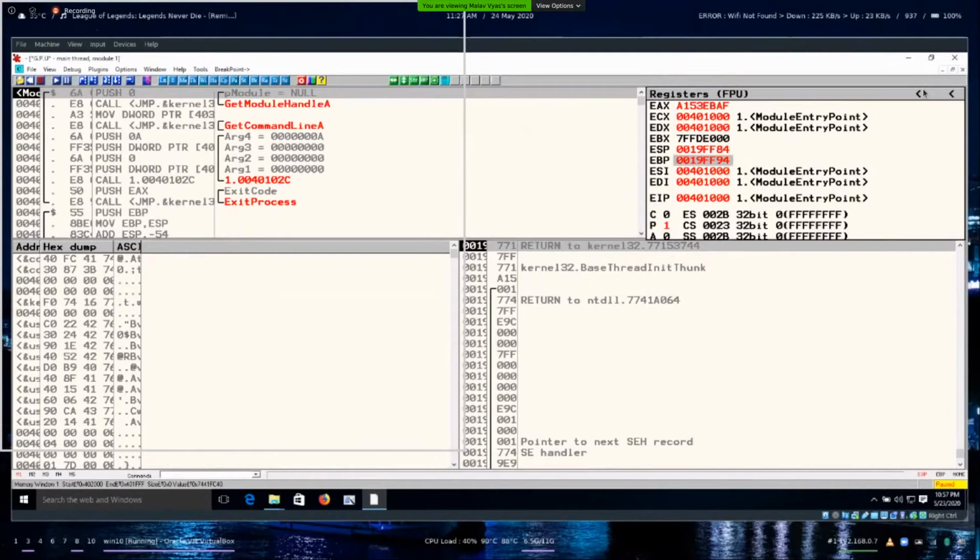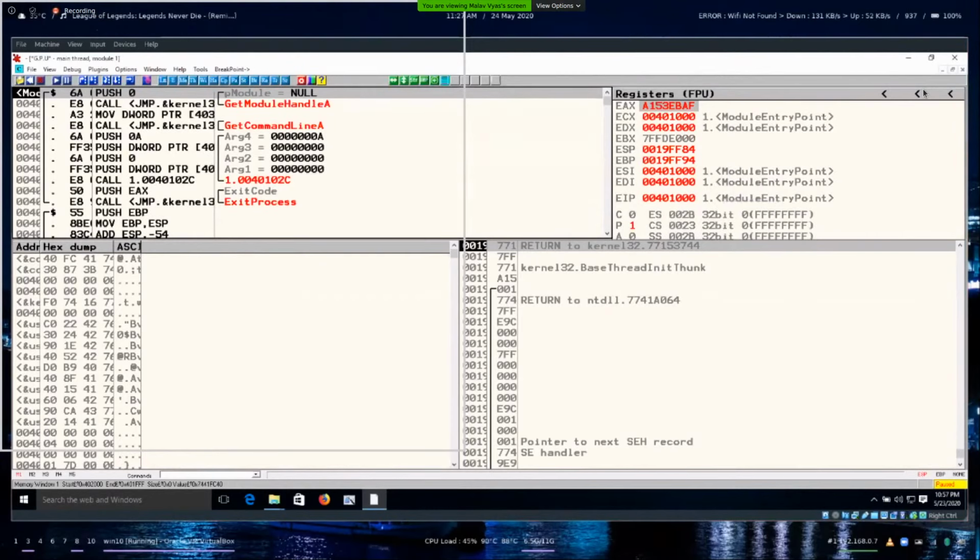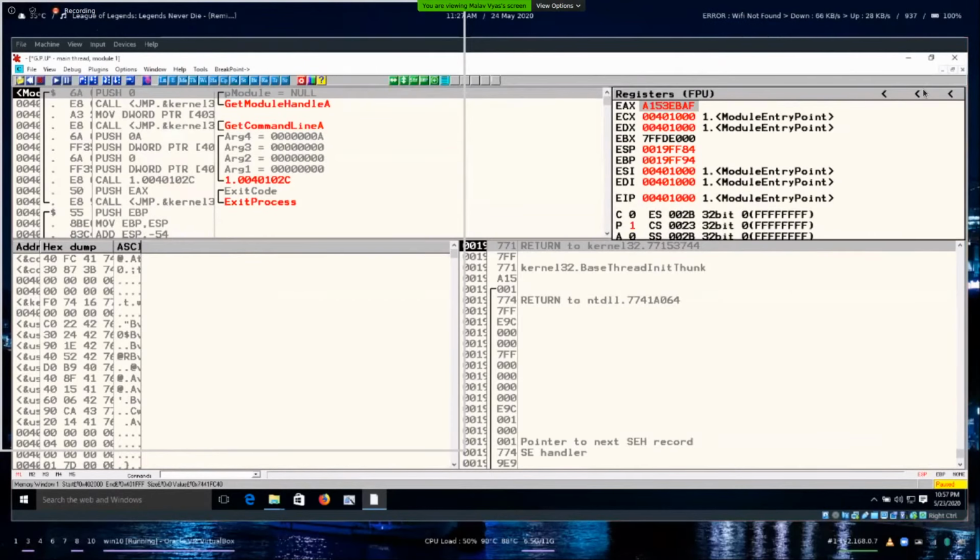So on the right we have registers, which is simple as we explained before. It just shows the value of registers in real time. As the program is paused at the start, we have the value of registers after initialization of the program.